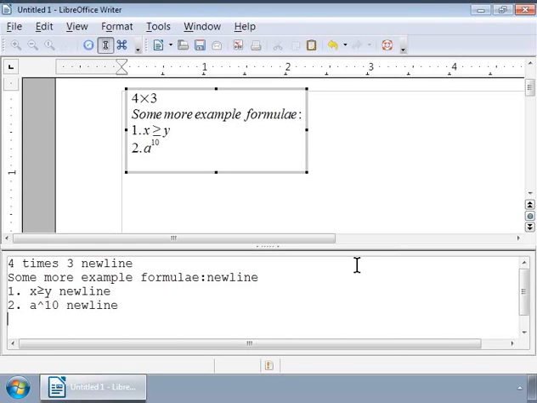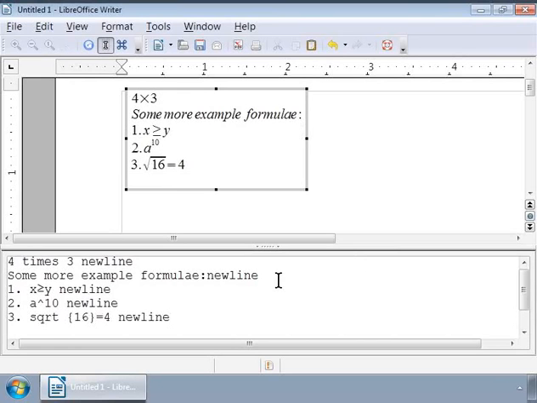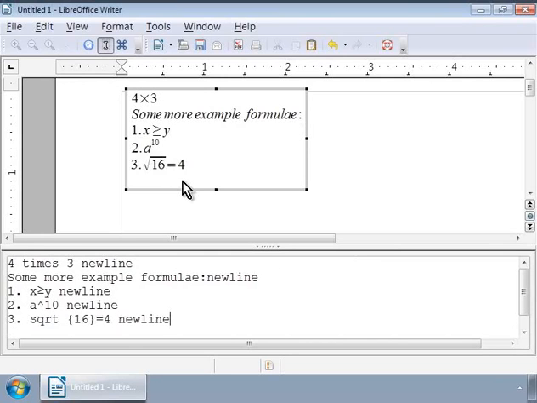Now let us write square root of 16 equals 4. Type 3 sqrt {16} equals 4 newline. Press Enter. Notice this formula in the Writer gray box.